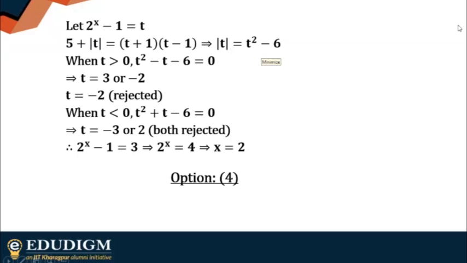All right. Now you might ask me why I have taken these two strict portions, where t is strictly greater than 0 or t is strictly less than 0. Even if you take t equals 0, you can see that 2 to the power x will be 1. Suppose you are getting x equals 0, you can see the original equation won't work there. Even if you just put the value, you'll see that 0 won't work. So you just get one real value of x, which is 2. So as correctly pointed out by you, option 4. You just have one real root.